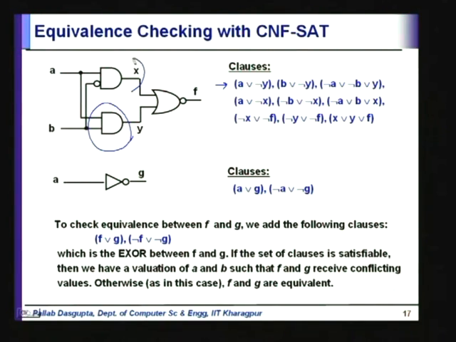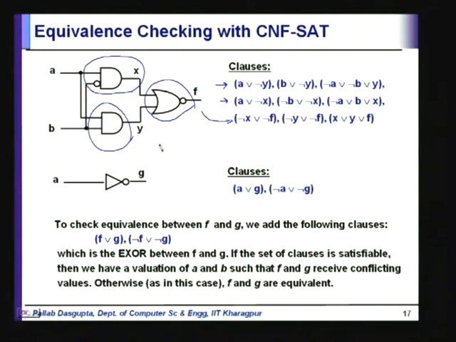Similarly, we develop the set of clauses for this gate, which is in this line, and the clauses for this one, which is this line, right. Note that we use these intermediate variables x and y. We do not try to represent f only in terms of A and B. If you wanted to represent f only in terms of A and B and that too in CNF, then you will have to do a lot of work. You will have to write this entire function in terms of A and B and then convert that into conjunctive normal form. That is a difficult exercise, and you know that transforming any Boolean function into conjunctive normal form is not going to work in polynomial time,